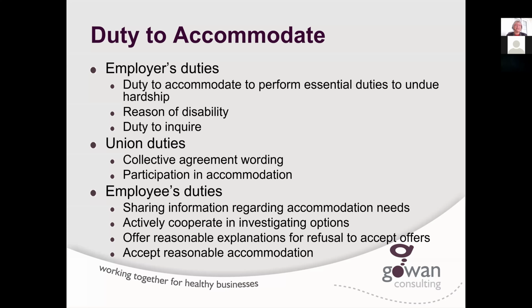The first thing as an employer is you want to ensure that the individual has a reason for accommodation. So you want to look at the verification of disability in the workplace, and we'll talk a bit about how to do that.